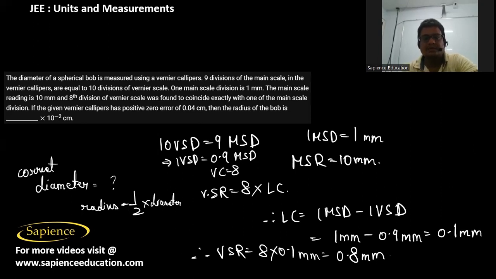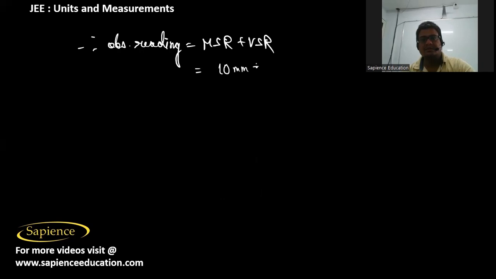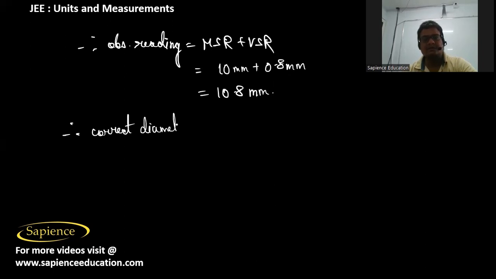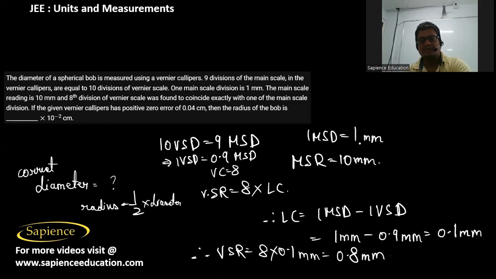So now we have to find the observed reading. Observed reading is main scale reading plus vernier scale reading. So main scale reading is 10 millimeter plus the vernier scale reading, that is 0.8 millimeter. So the observed reading is 10.8 millimeter, and therefore the correct diameter will be equal to the observed reading minus the zero error. So the observed reading is 10.8 millimeter minus the zero error, which is 0.04